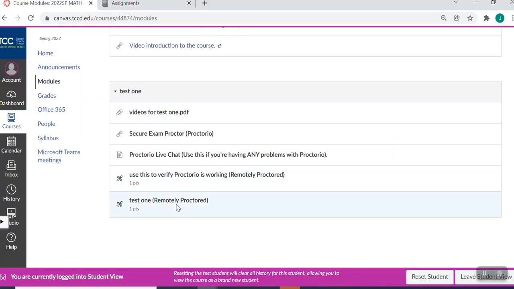And the reason I do it that way is that keeping the password here is what ensures that the test is proctored, all right? So to start this, first I would always click this Secure Exam Proctor link first, okay, which activates Proctorio on your computer. And then I'll walk you through what will happen when you click Test 1. So when you click Test 1,